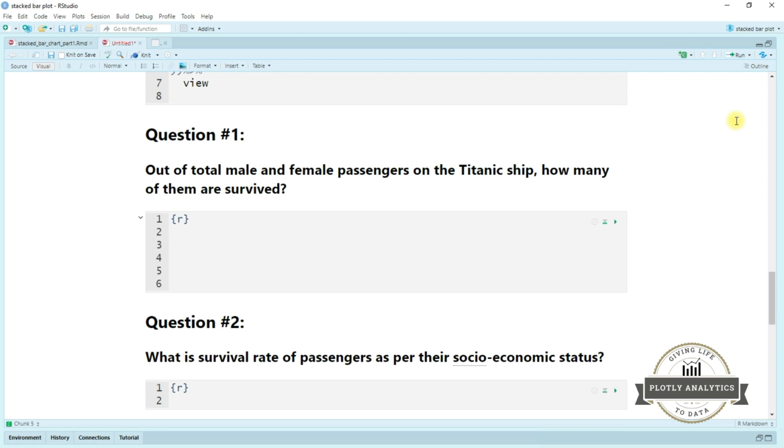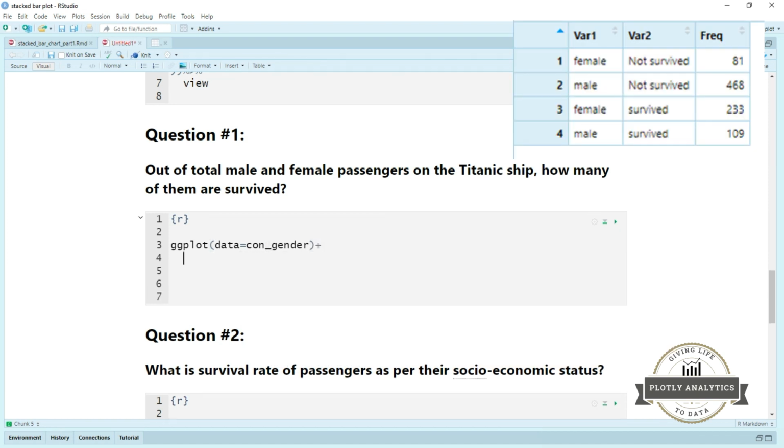So now we will expect that each bar shall represent the total male and female passengers, but within that bar you will have a stacking, and that stacking shall take place based on survival outcome. So now let me create this ggplot function. The first layer is a data frame, in this case con_gender,